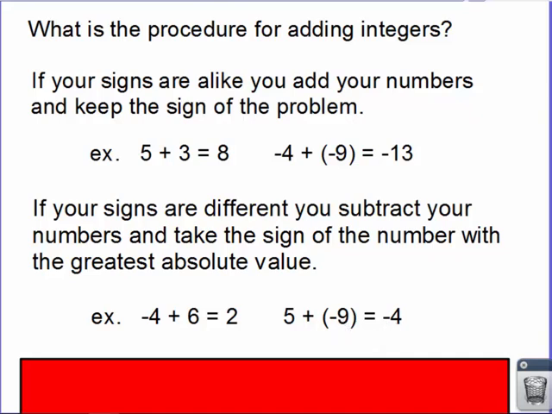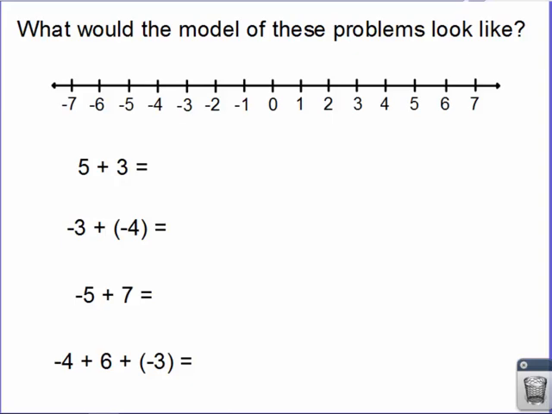So let's look at one other way of looking at these integer problems. Same problems, but this time let's look at them through a number line. Through a number line we always start at the number 0. And this problem right here says I'm going to go 5. Now since it's a positive 5, we're going to go right 5. So I go right 5. And then it says I'm going to go right 3 more. So I go right 3 more. 1, 2, 3, and we can kind of imagine another number right here is 8,